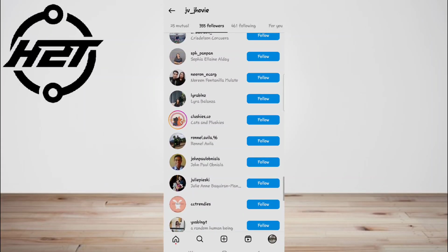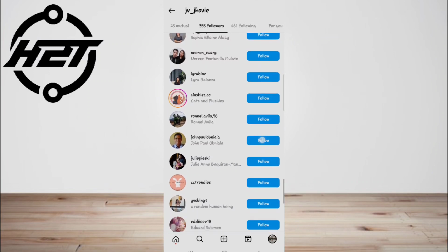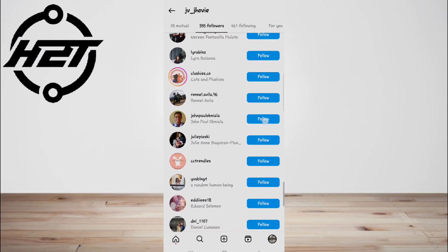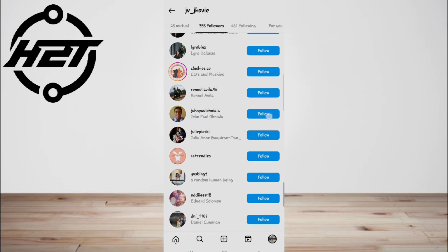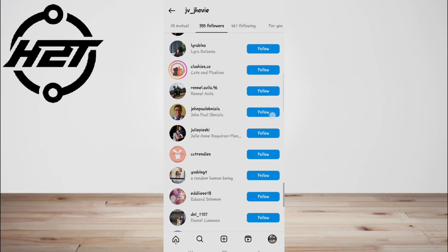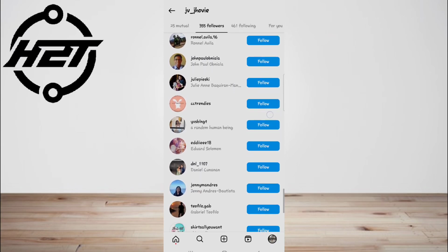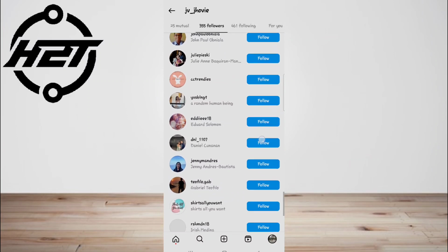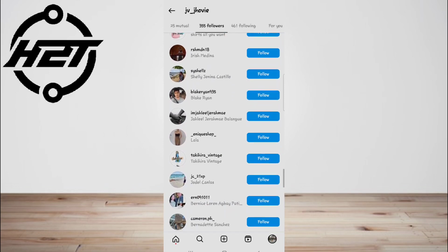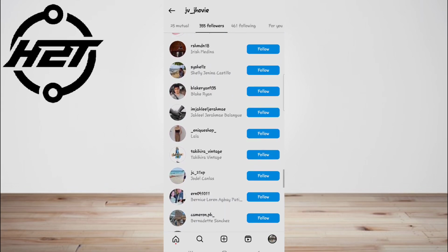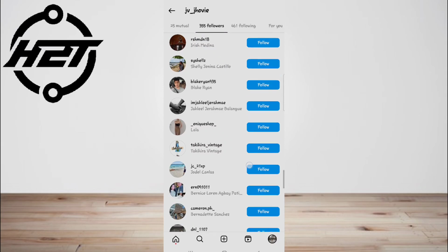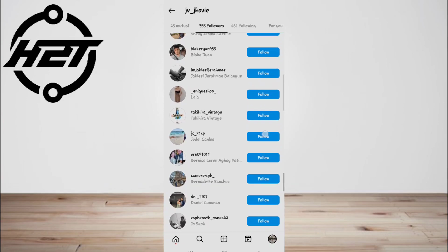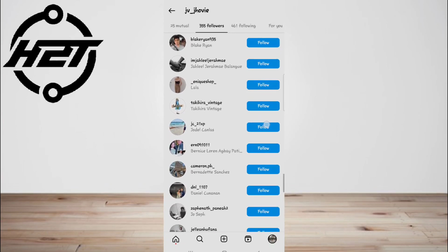It's important to note that on a private Instagram account, the list of followers is not publicly visible to anyone except the account owner. This includes the list of new followers. Instagram's privacy settings are designed to protect the privacy of users and their followers. If you want to see the list of new followers on a private account, there are no direct and legitimate methods available because the follower list is not accessible to the public or other users.